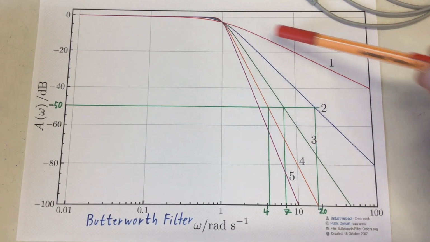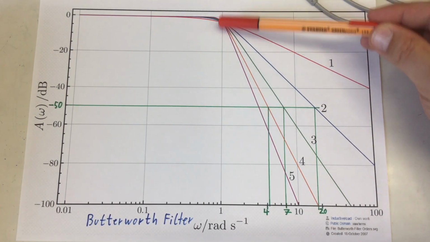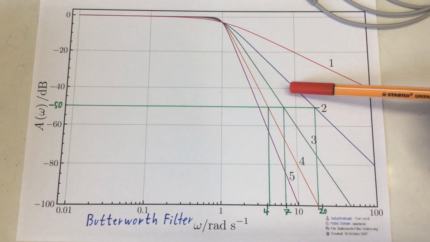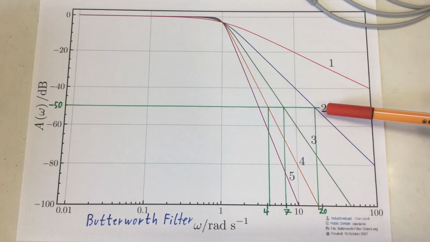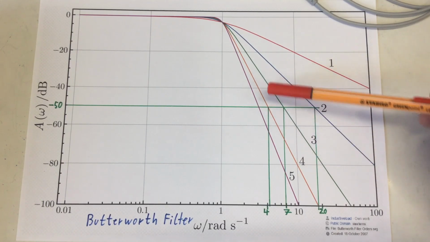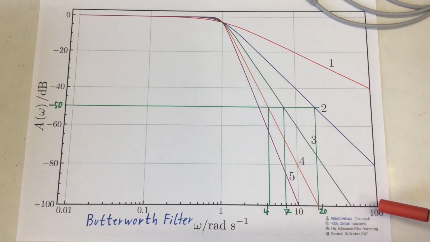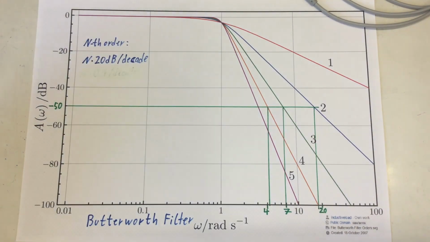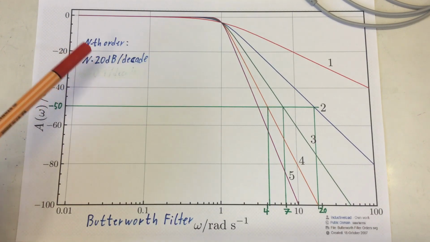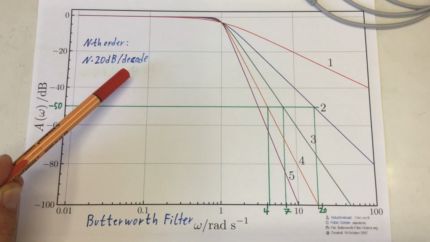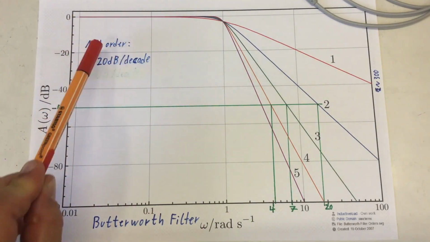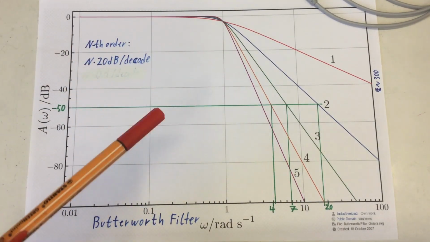An ideal first order low pass filter goes down after the corner or cutoff frequency by 20 dBs per decade frequency, a second order by 40 dBs per decade frequency, third order 60 dBs per decade frequency, and so on. Generally speaking, an nth order filter goes down by n times 20 dB per decade frequency. With that out of the way, we can now choose the order of low pass filter we need for our